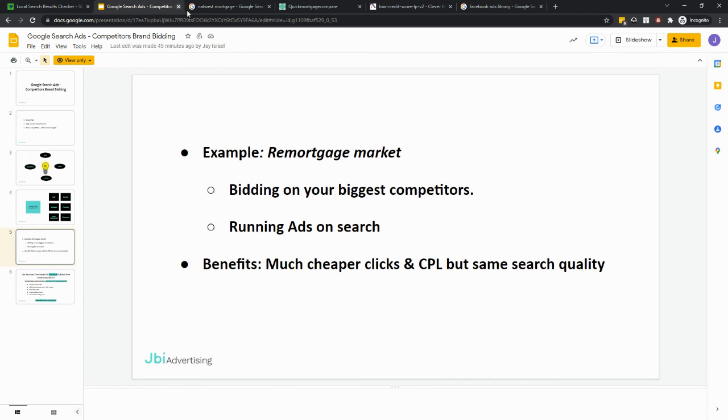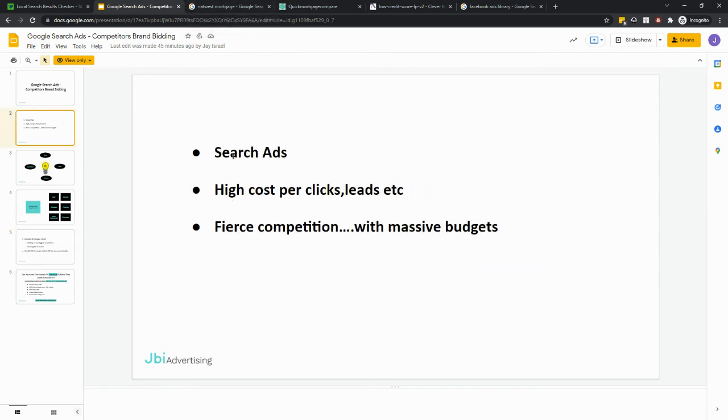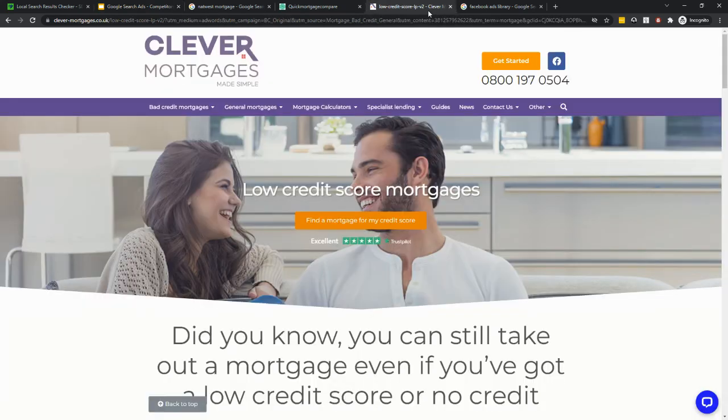It's a complete no brainer, to be fair, and it works for both parties. It works for us as an agency, and it works for our clients as well, because they get quality leads that they can afford to pay for. Alternatively we'd be stuck with super high expensive search ads, super high cost per clicks, and we wouldn't be able to offer our service on a cost per lead basis for our clients. So that's it for this video.